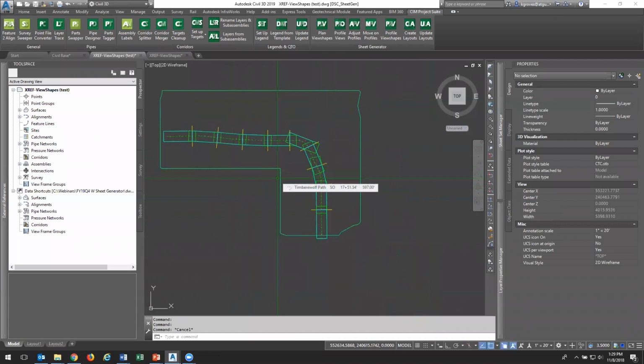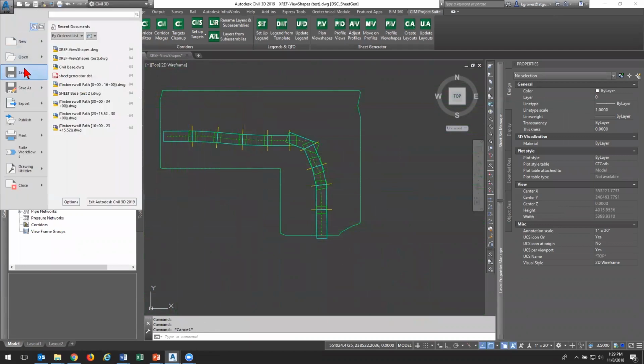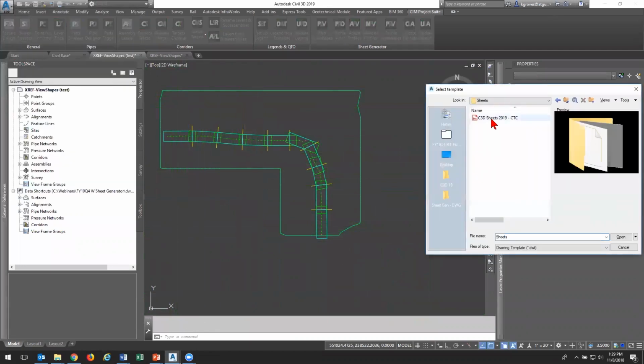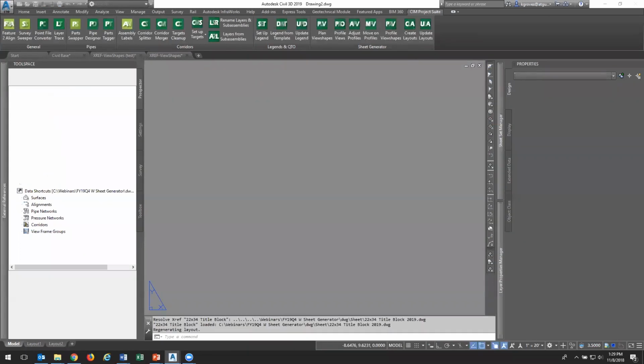And just like a traditional workflow where we are creating our plan and profile sheets, we're going to create a third file, and this is going to be our sheet drawing. We're going to do as little as possible inside that drawing because it's going to be used as the base for everything else. So if I create a new drawing based off of my sheet template,